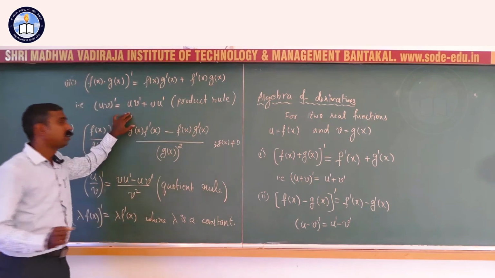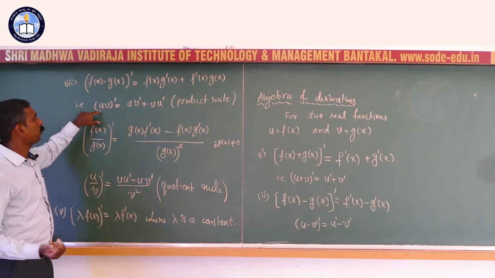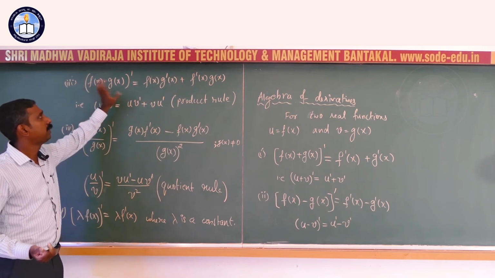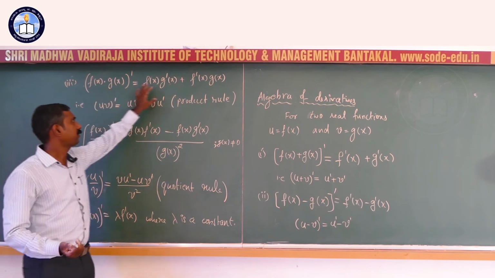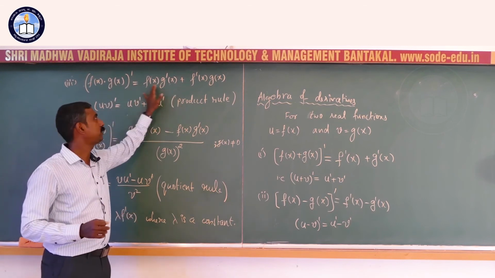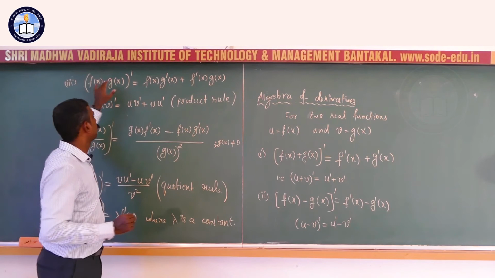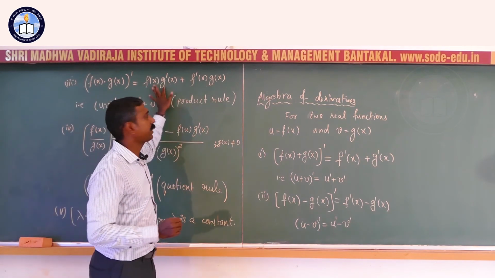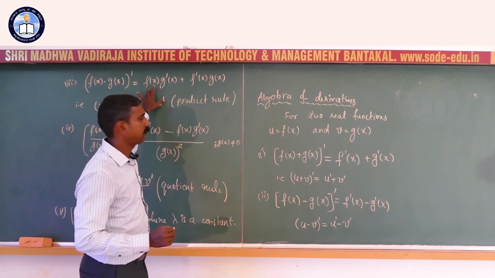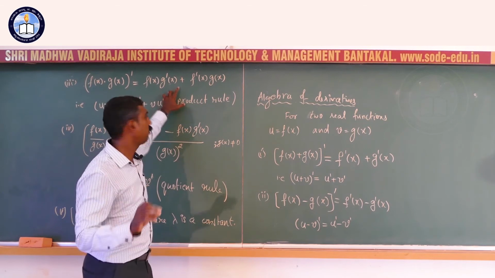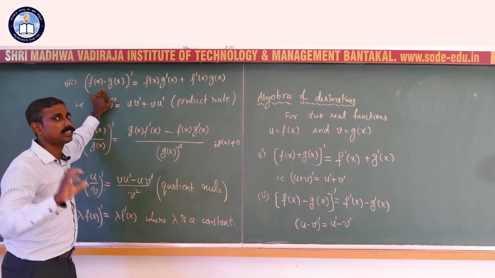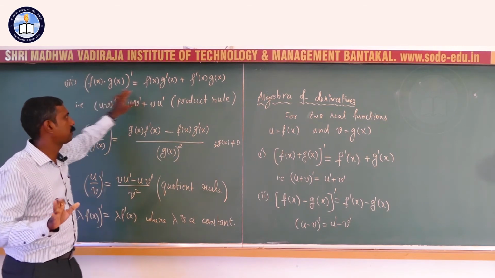Then the product rule is a bit different. In the product rule, (uv)' is the first function into the second function's derivative, where the first function acts as a constant initially, plus the derivative of the first function with the second function remaining as a constant. So, when you have two functions, one will be differentiated and the other will act as a constant and remain standstill, written as it is.